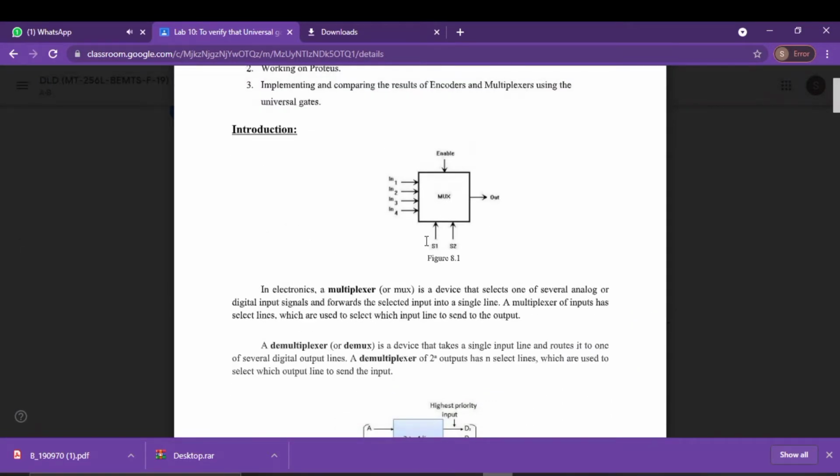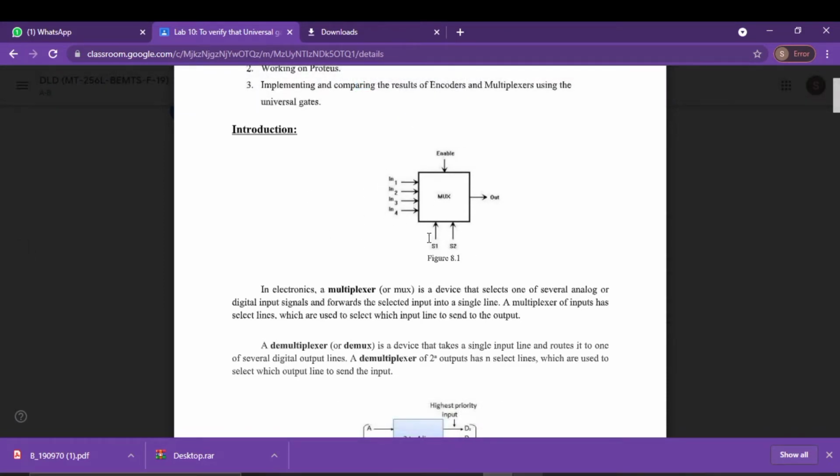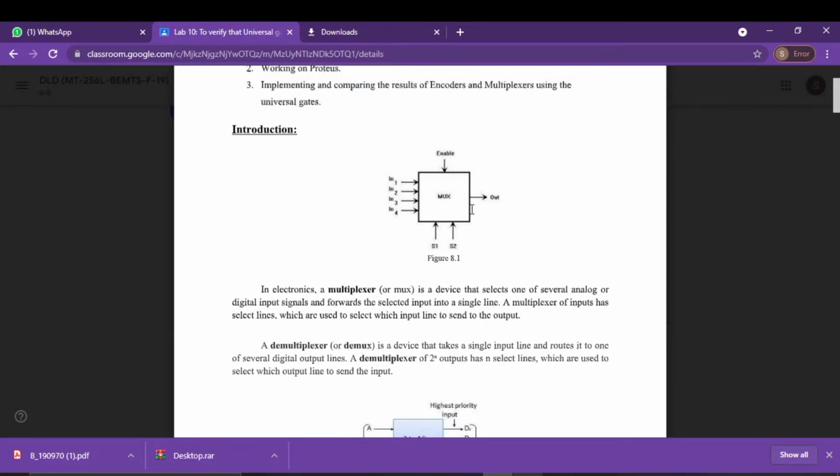Here you can see that a multiplexer can be 4 cross 1, meaning the number of inputs is a power of 2, with the selection lines also following powers of 2. For example, if I have two selection lines, then the inputs will be 2 raised to power 2, which is 4. If I have 4 selection lines, then 2 raised to power 4 gives 16 inputs. So there will be a total of 16 inputs for the 4 selection lines, and the output will be 1. This is the simple block diagram for the multiplexer, and the demultiplexer is